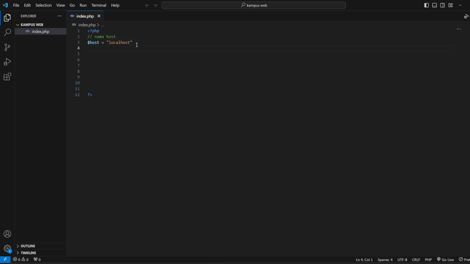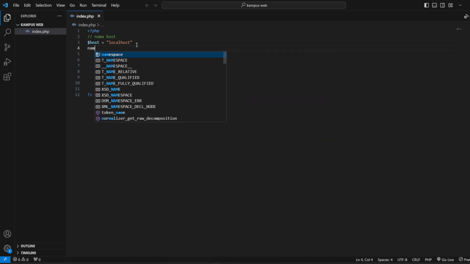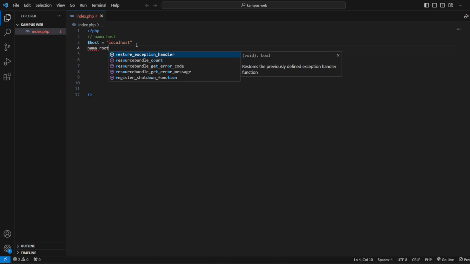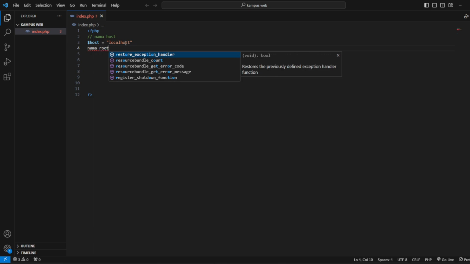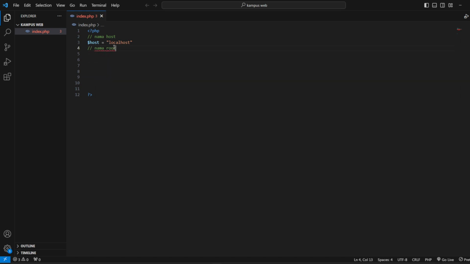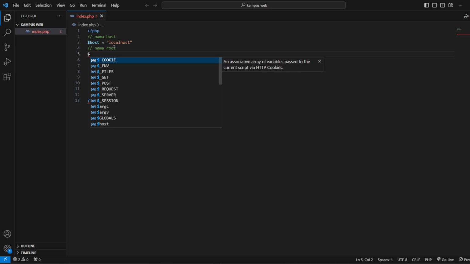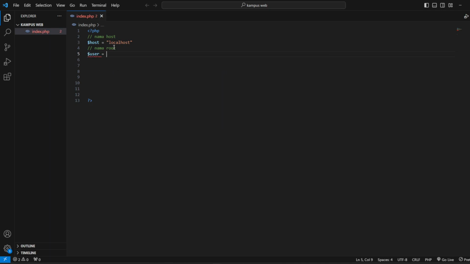And then the second is the name of our user, root. So you can write user is root like this.